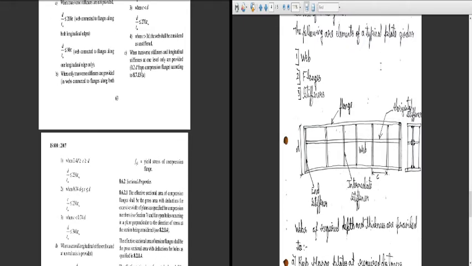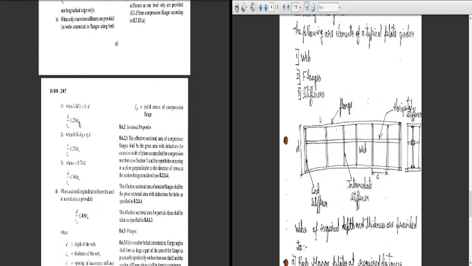Similarly, when transverse stiffeners and longitudinal stiffeners are provided at one level, for this also the conditions are given. When 2.4D ≥ C ≥ D, D/tw ≤ 250 ε. When 0.74D ≤ C ≤ D, C/tw ≤ 250 ε. And when C < 0.74D, D/tw ≤ 340 ε.